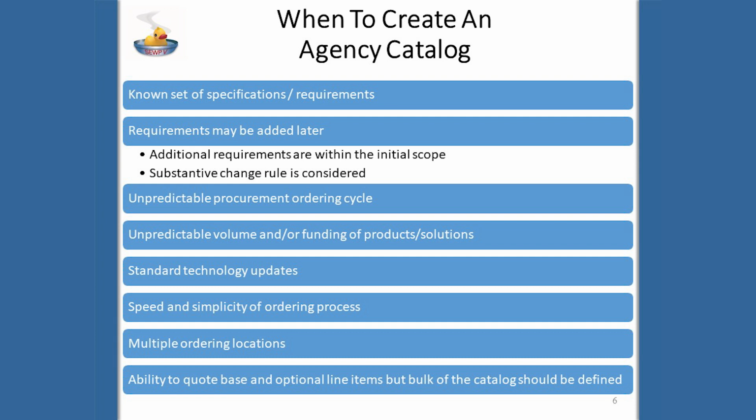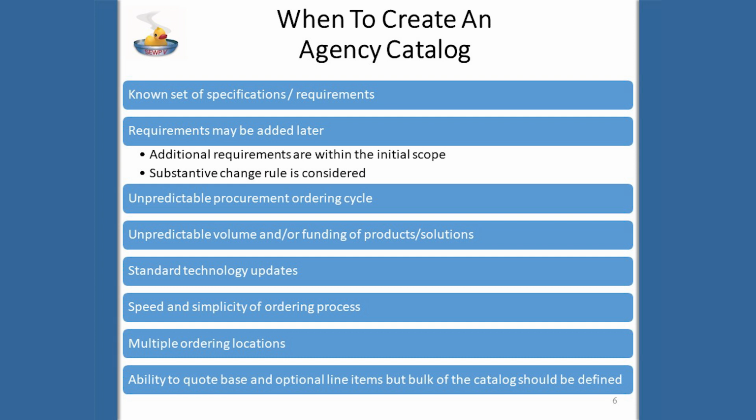There is no requirement that there be a set time period to when they are ordered. There's no requirement that you say how much it will be ordered. You will simply just order the number that you need as you need them. You can update, and we recommend that you include the ability to update within your requirement. It simplifies your process. It can be ordered by anybody within your organization at any location, and has many other